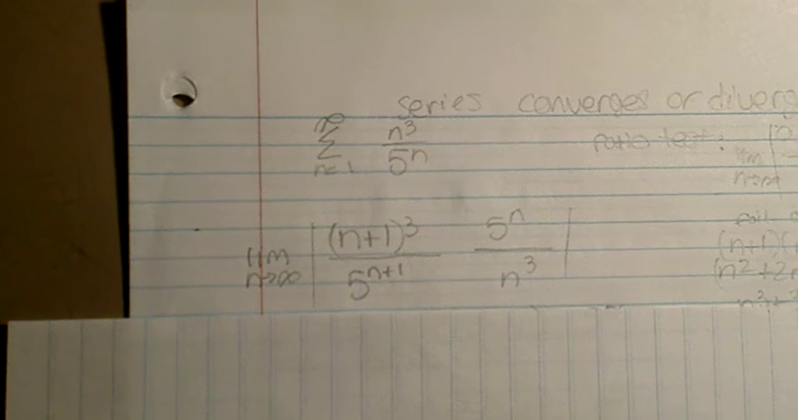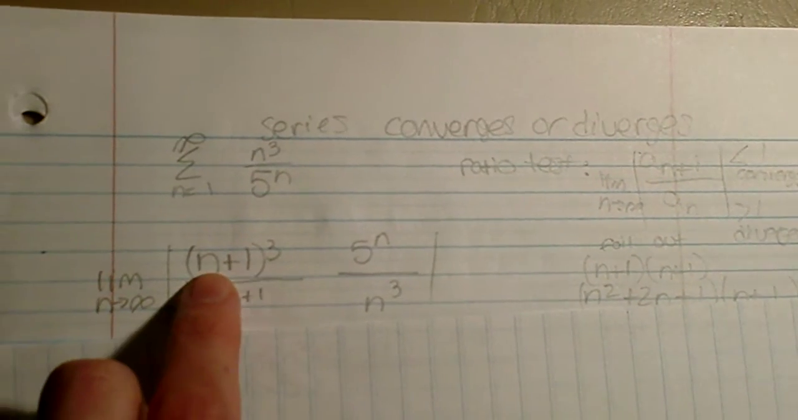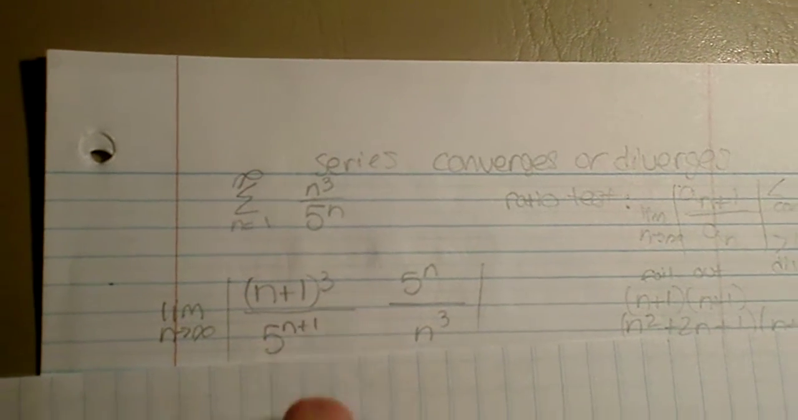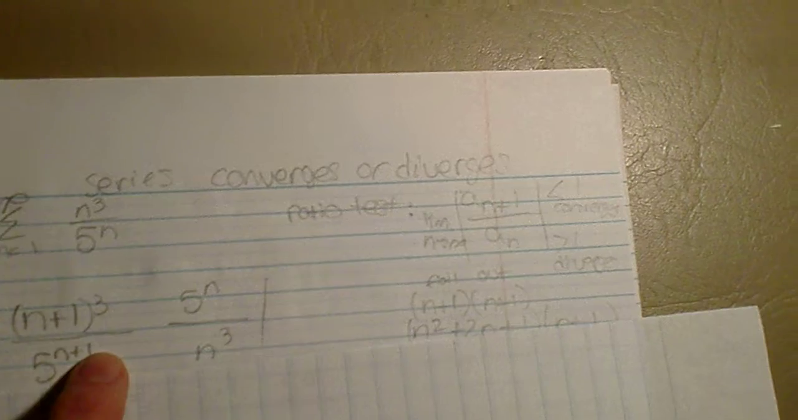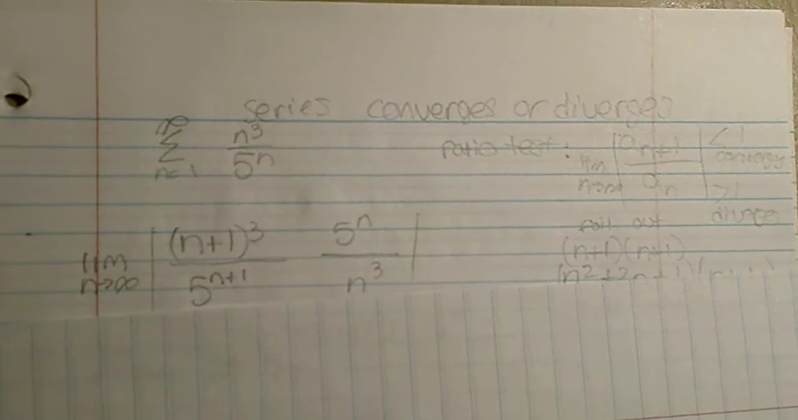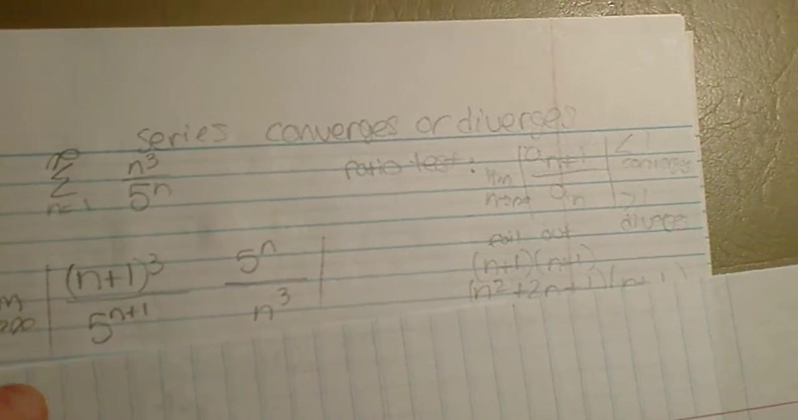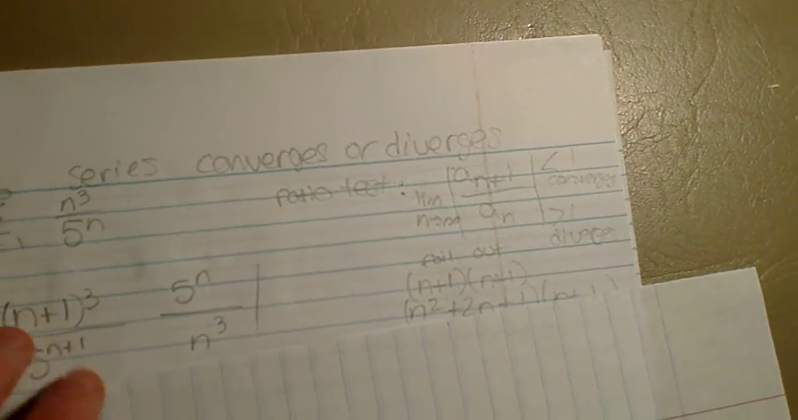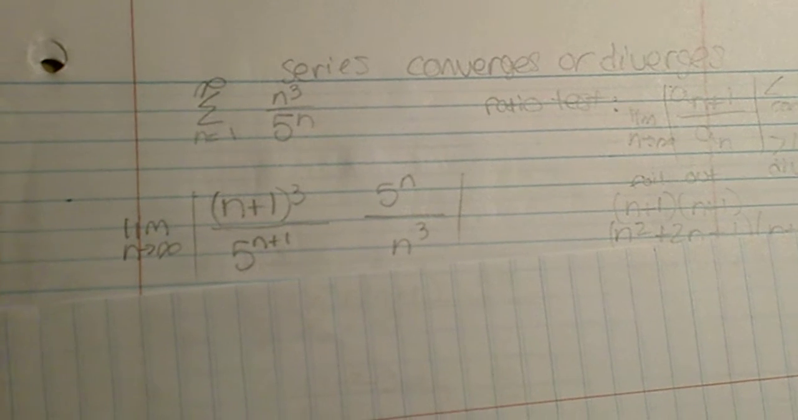So instead of n to the third, wherever n is, you put n plus 1. So we have n plus 1 to the third over 5 to the n plus 1. Now that would be over n to the third over 5 to the n. But since we multiply by the reciprocal, if it's a fraction over a fraction,